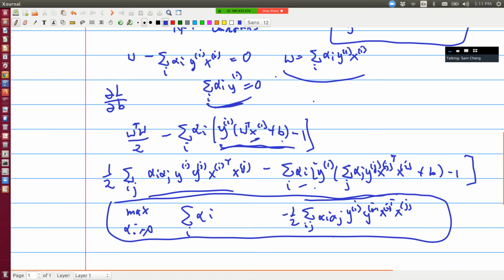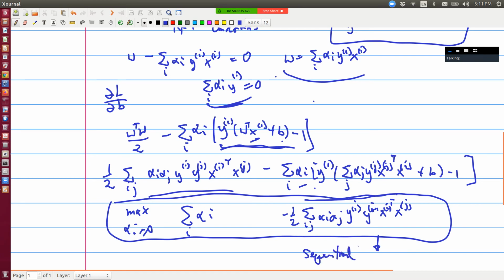If we just change two alphas at a time, this may be a little bit hard to see, but if you write it down, this is really a quadratic problem. Because it's a quadratic problem, you have a closed form solution. So you basically pick two alphas and get the closed form solution for that. You take another pair of alphas, then you get the closed form. I continue to iterate like this. This is known as the sequential